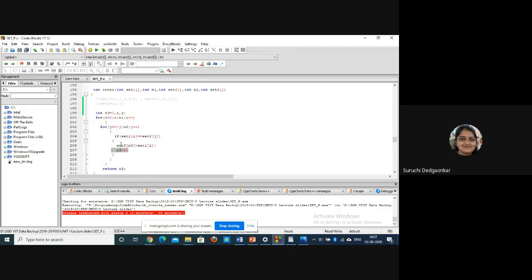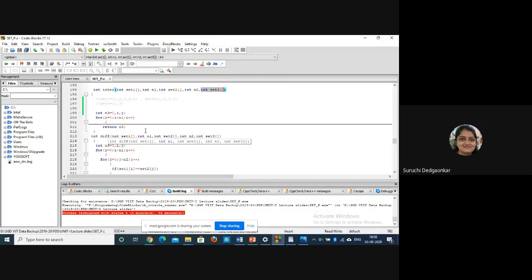The next matched element will be copied into set 3 at position 1, because n3 is incremented to 1. Then n3 will be incremented to 2, like that. Finally, whatever is the final value of n3, that we will be returning. And set 3 contains the final elements, all common elements.